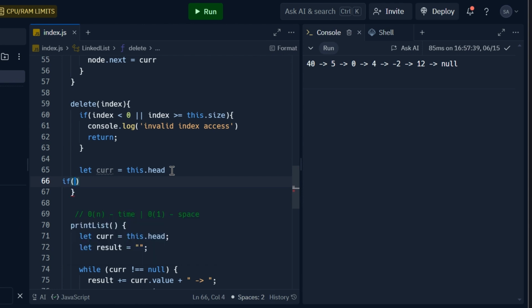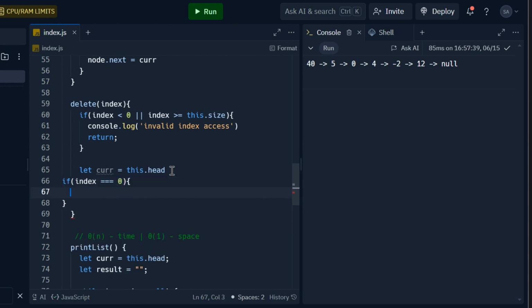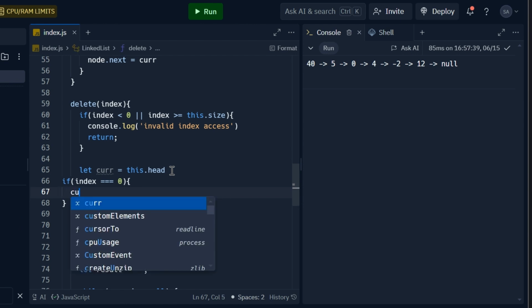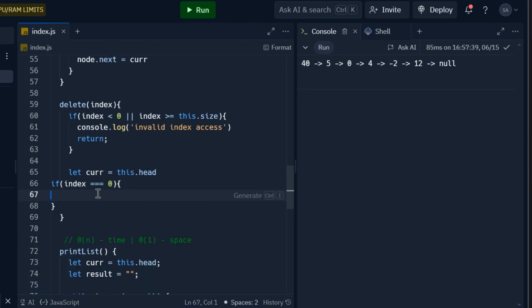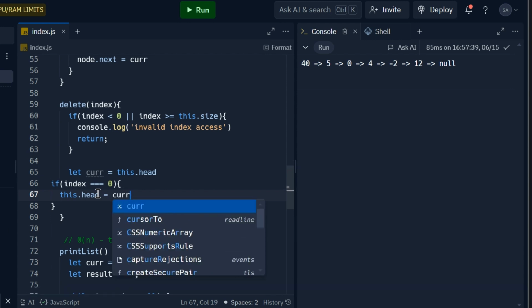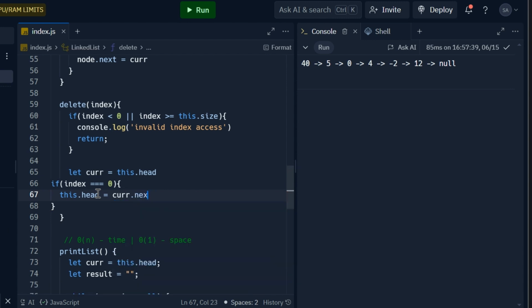So if the current index is 0, then we want to set our head to current.next, effectively cutting off